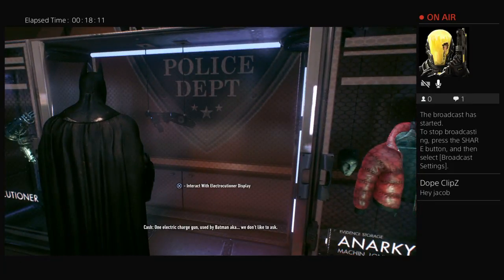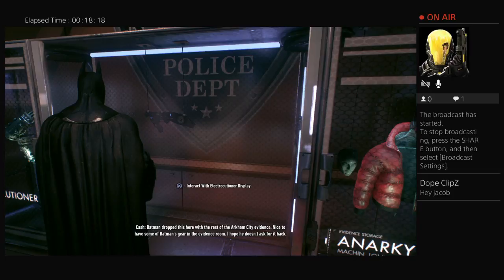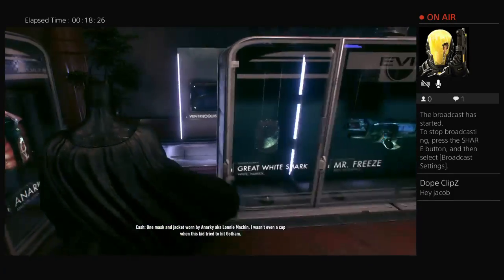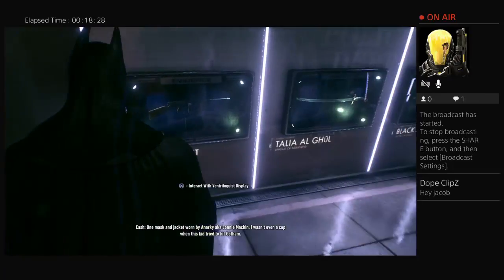One electric charge gun used by Batman, a.k.a. We don't like to ask. Batman dropped this here with the rest of the Arkham City evidence. Nice to have some of Batman's gear in the evidence room. Hope he doesn't ask for it back. One mask and jacket worn by Anarchy, a.k.a. Lonnie Machin. I wasn't even...